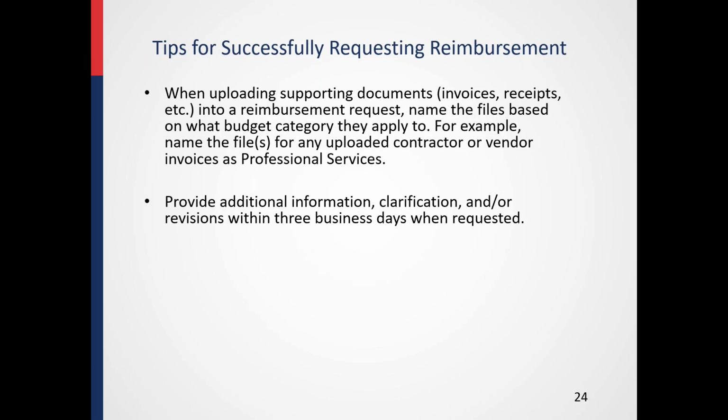Okay. When you're uploading the supporting documents into the reimbursement request, please name the files based on what budget category they apply to. For example, name the files for uploaded contractor or vendor invoices as professional services. So again, you can shorten that if you're having a hard time uploading documents because your file names are too long. At least give an indication so that if someone's looking at 10 different documents, they can pick out which ones match which line